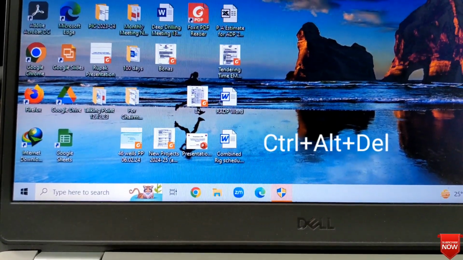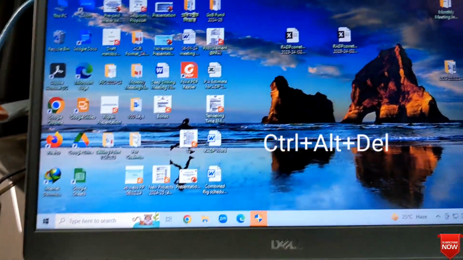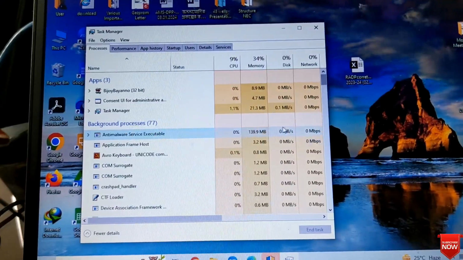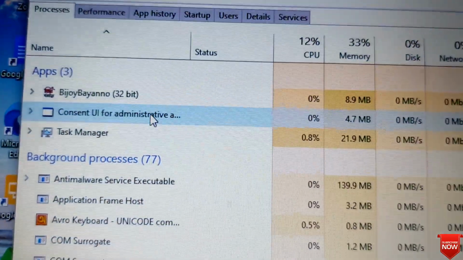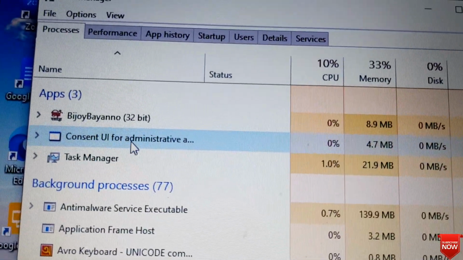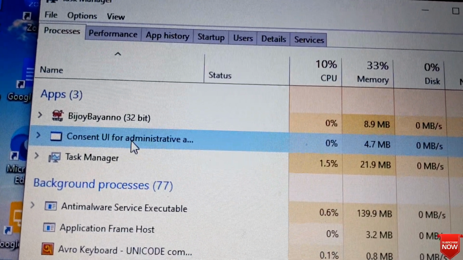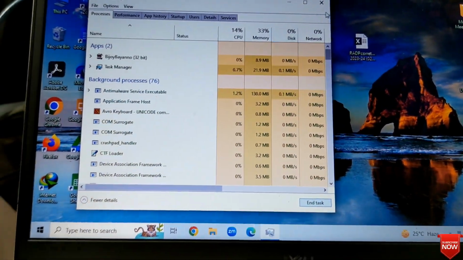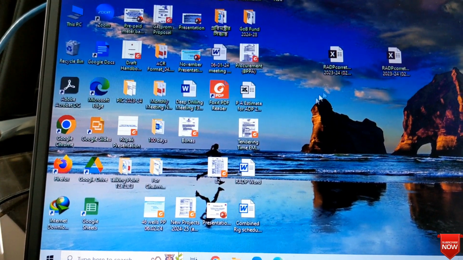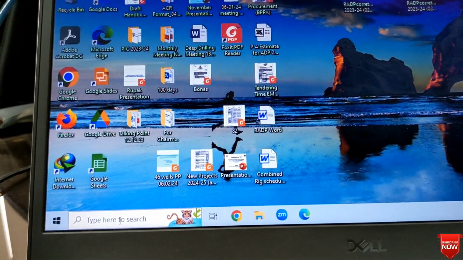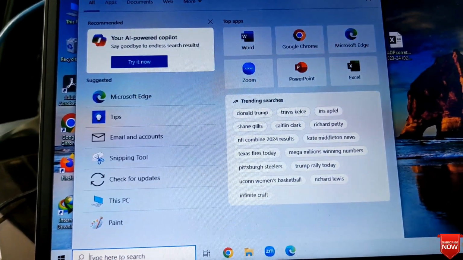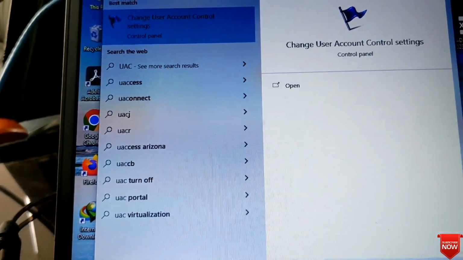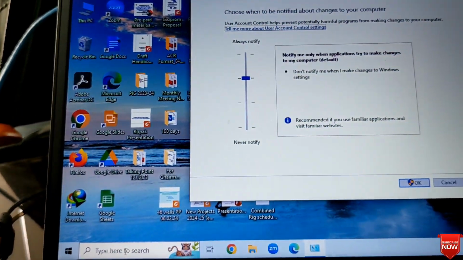So I will press Ctrl Alt Del at a time and Task Manager will come. Click and you see the consent UI for administrative application. You select that and end task. It will vanish, and for a permanent solution you go to the search option and type UAC, enter here, change user,